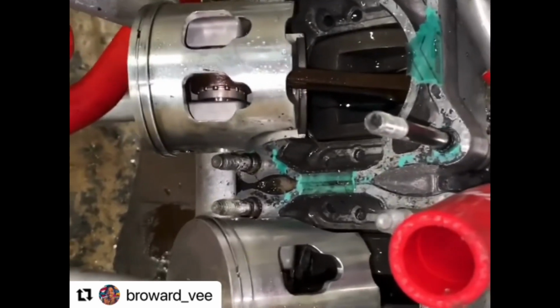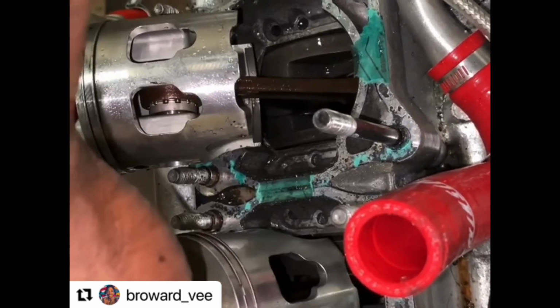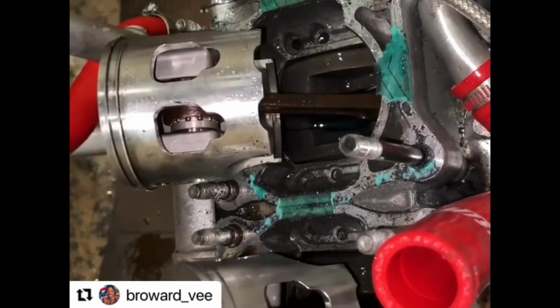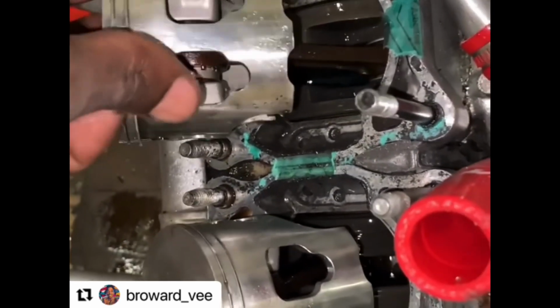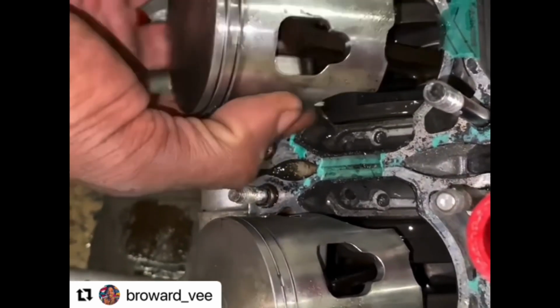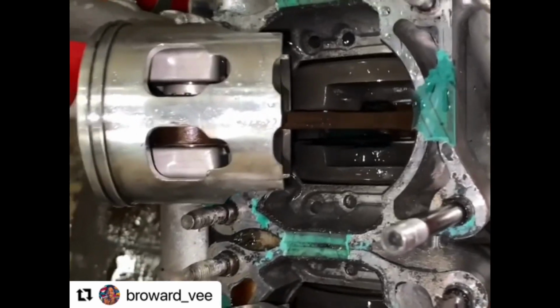Okay, so I took the top end off, and his piston is actually still perfect. The piston's still perfect, still good, but I found another problem, which is definitely the problem. Now you see his crank rods are still good. The crank rods are still good, both of them, but one thing I noticed is when